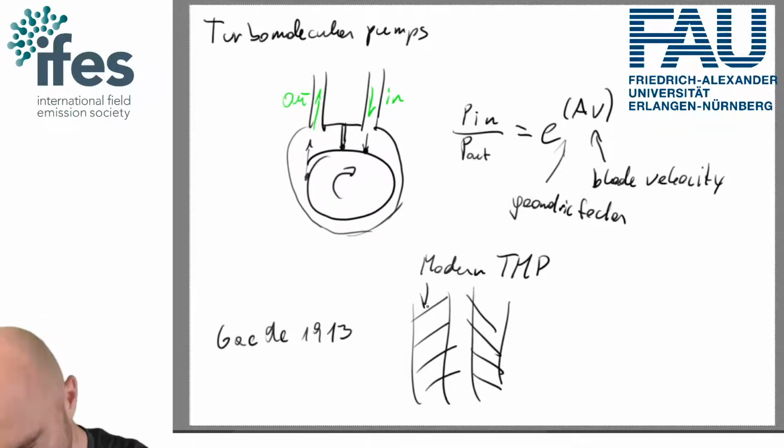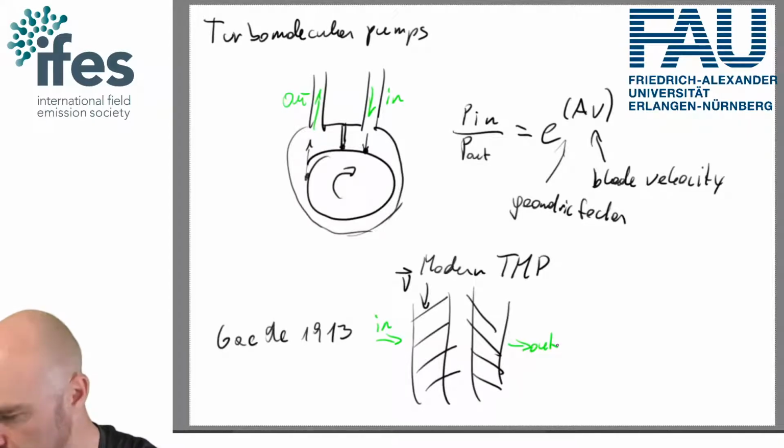On the rotor, obviously, we have a velocity V, and we have an in, and we have an out. And the purpose of the whole setup is that, let me just draw that separately. If we look at the